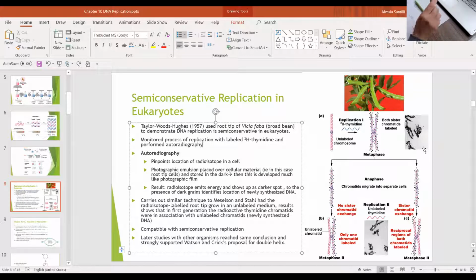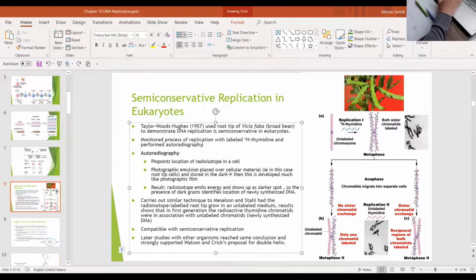We actually talked about colchicine at the beginning of the genetics lab, right? Colchicine stops mitosis from happening. It arrests the cultures at the stage of metaphase. So they added colchicine to stop cell division from proceeding after DNA replication had happened, and they were able to analyze and examine the chromosomes by